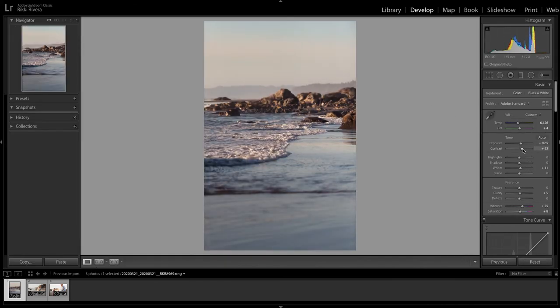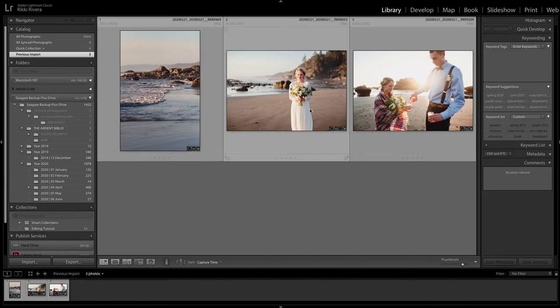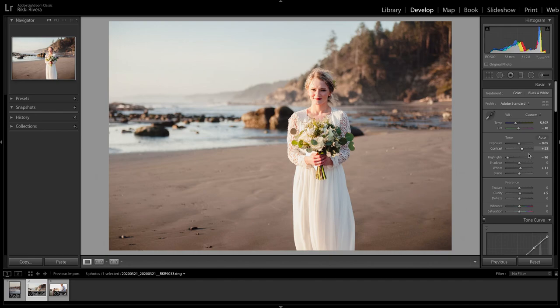So if you see, I hit G on my keyboard. That takes you to library. It's grid mode, and so you can see here, all in a grid, what do they look like, and how can I further enhance them to look more similar, a little more cohesive if I had them in a grid, like on Instagram or social media. How can I further enhance